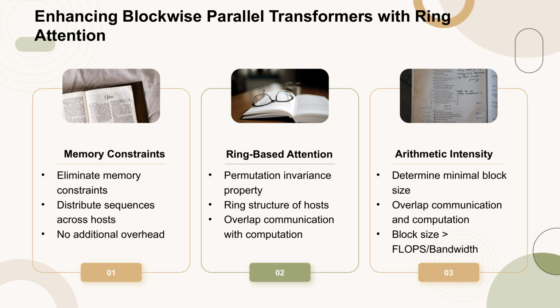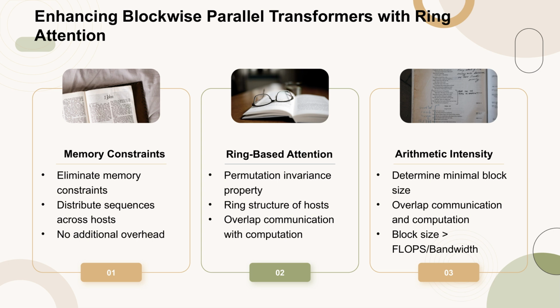However, a challenge arises in the inner loop, which involves key-value block interactions that require fetching blocks from other hosts. To tackle this challenge, the authors leverage the permutation invariance property of the inner loop's key-value block operations. This property allows the self-attention between a query block and a group of key-value blocks to be computed in any order, as long as the statistics of each block are combined correctly for rescaling.